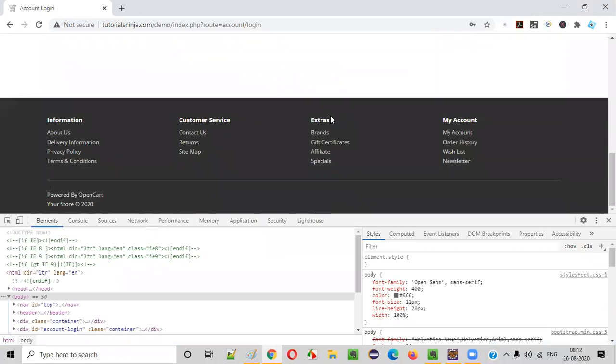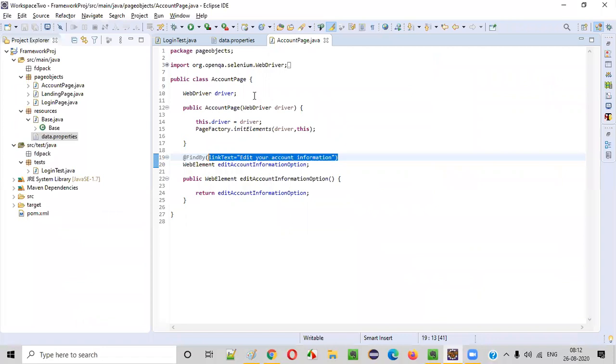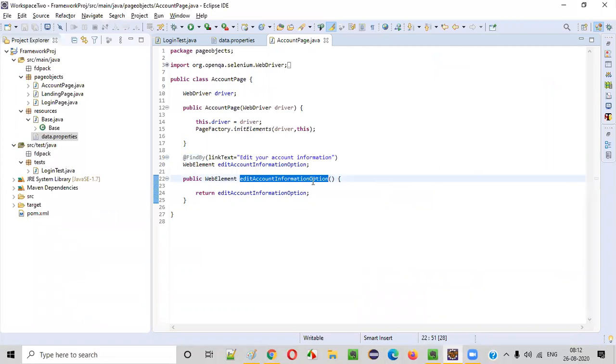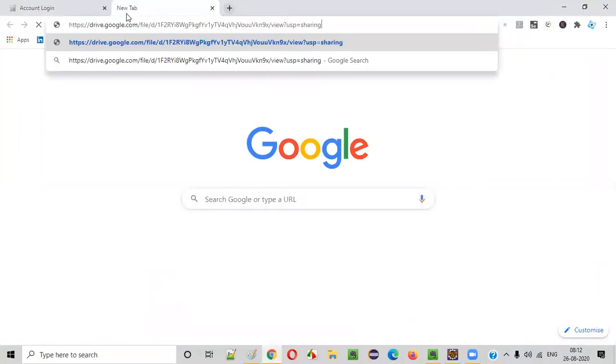Okay, edit account information option is not available anywhere, right? But still it's not giving an exception here in the try block. That's a problem. Edit account information should not work, but still it is working. So let's cross check, guys. Let's not waste any time because this is something related to the test, not related to the framework. I can solve it at some point of time, but the problem is we are simply wasting the time. So instead of wasting the time, let's see whether we can just get the solution from